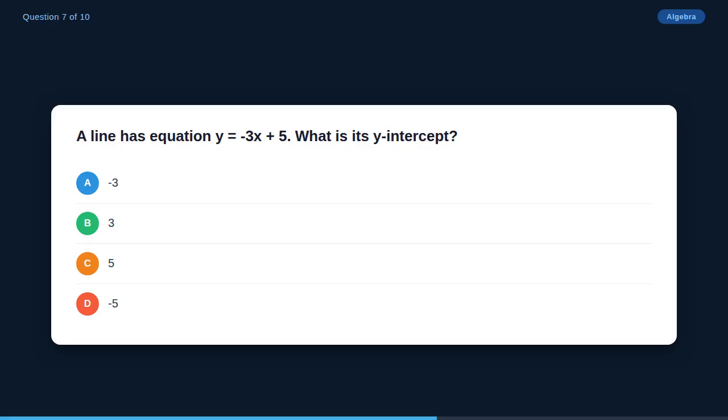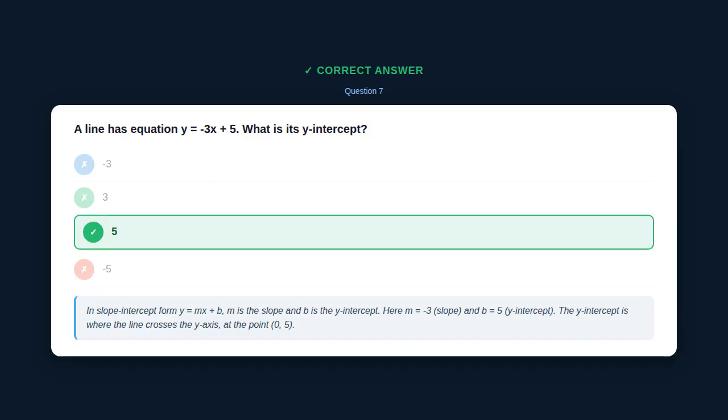A line has equation y = -3x + 5. What is its y-intercept? Option A, -3. Option B, 3. Option C, 5. Option D, -5. Take a moment. The correct answer is C, 5. In slope-intercept form y = mx + b, m is the